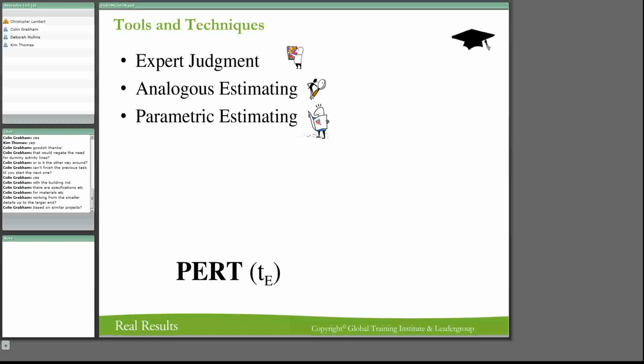Now, parametric estimating. All right. In this one, what we're going to be looking at is really the relationship between historical data and variables. Now, in construction, you'd probably use the area or square footage, and you'd calculate an estimate of an activity using parameters such as cost, budget and duration. All right. So let's just say